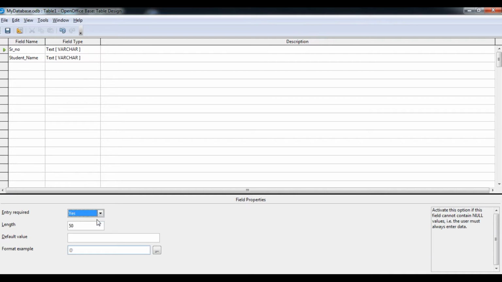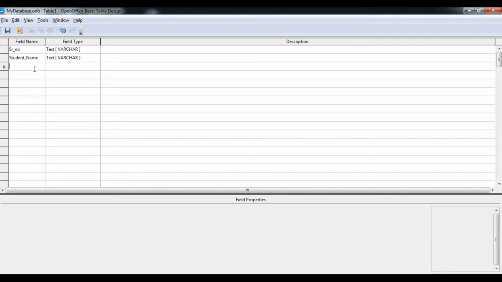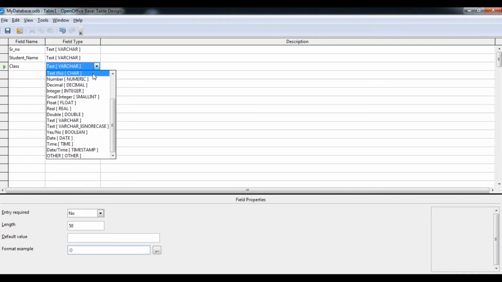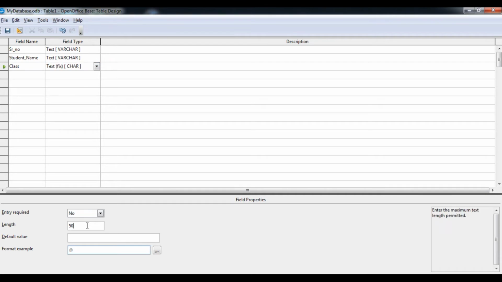Then next, suppose class. As we are using Roman numerals, we can use Roman numerals also. So let it be varchar, and the length will be, suppose, 3 characters. Then next, section.